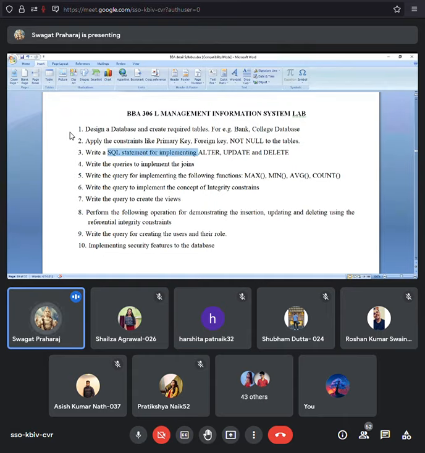So that is what we'll do in the MIS lab. We'll create these databases, and in the database we will be creating tables, inputting data, deleting data, and modifying the data. All those things will be done in the MIS lab. These are a few of the functions, and as and when we go along, we will be looking into that. Let me just stop this and show you how a database looks like.